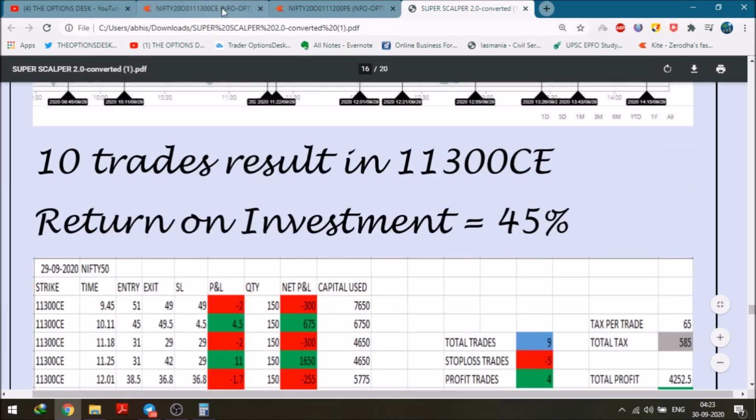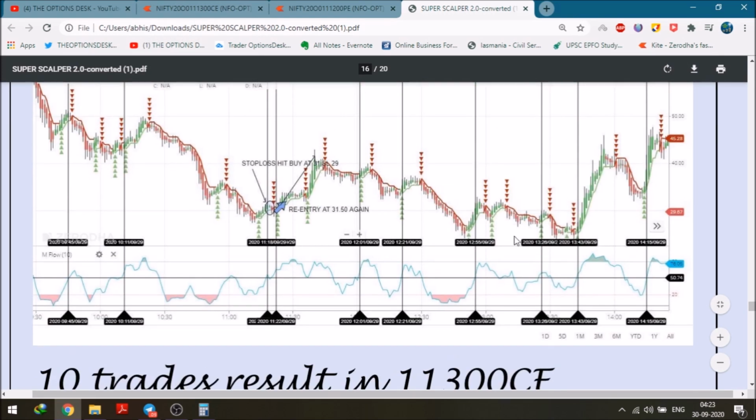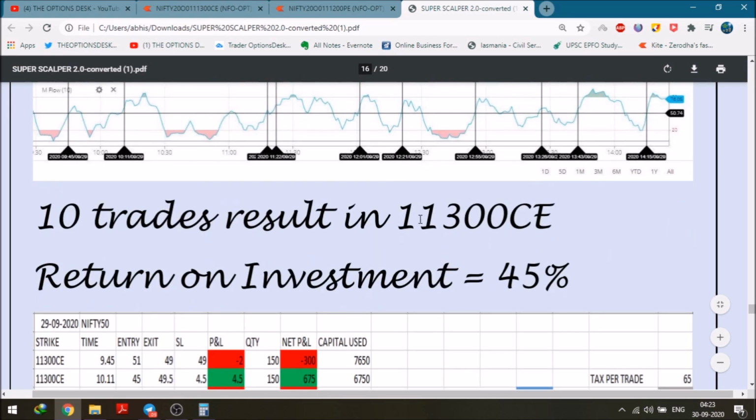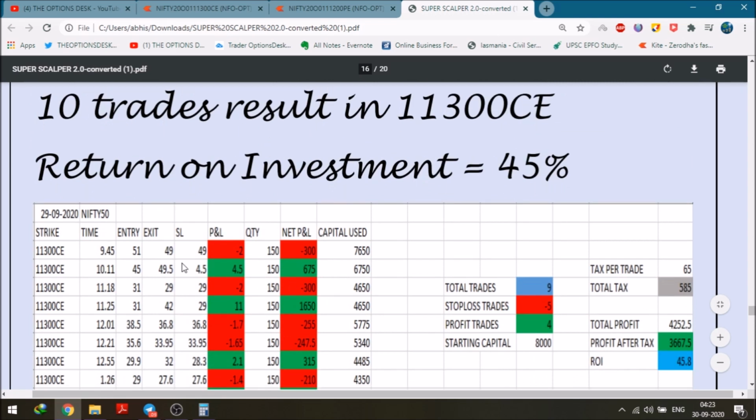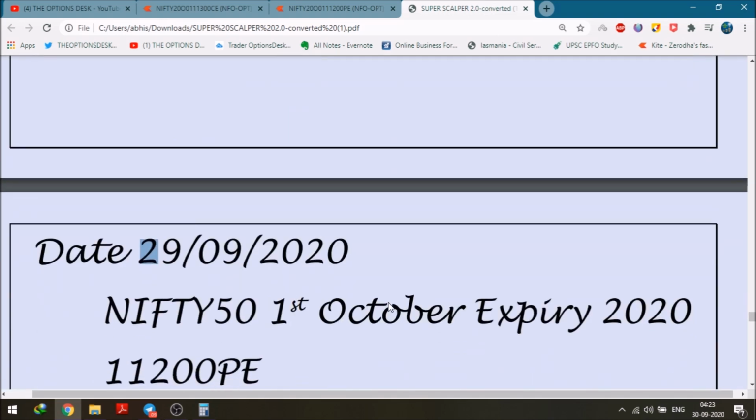As you can see, the market wasn't in a very good bearish trend today. It reversed on the later end, but I also earned with a good trade. The good trades were till 11:25, and I was still in profit. 300 minus, 675 minus, plus 75, and then around 1725. If I have taken all the trades till 11:25 and didn't take any trade after 11:25, then I still have earned 17.25 rupees.